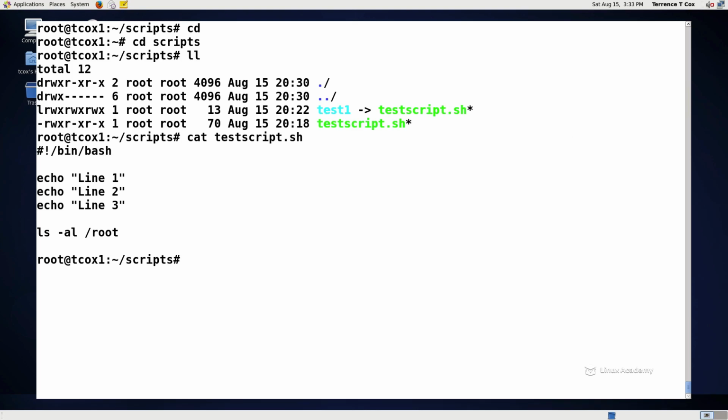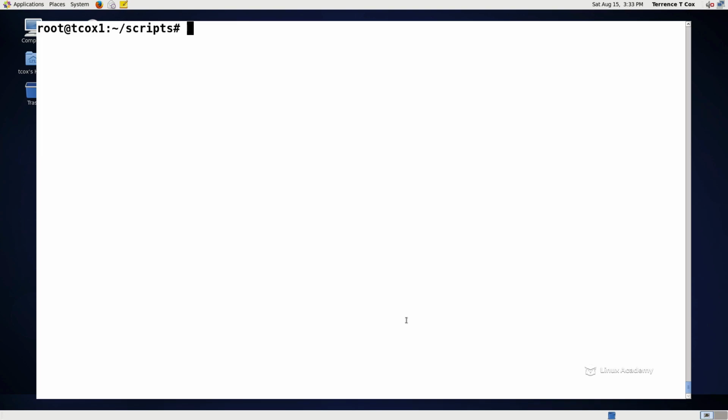However, what really adds a lot of power to a particular script is its ability to do what are called conditionals and looping. What's a conditional? Well, a conditional is a test to determine if something is or isn't so. So from a script perspective, an if statement is what you would use to determine if something is or isn't something else. In generic form, if we clear our screen, if I were to type out what it is, I